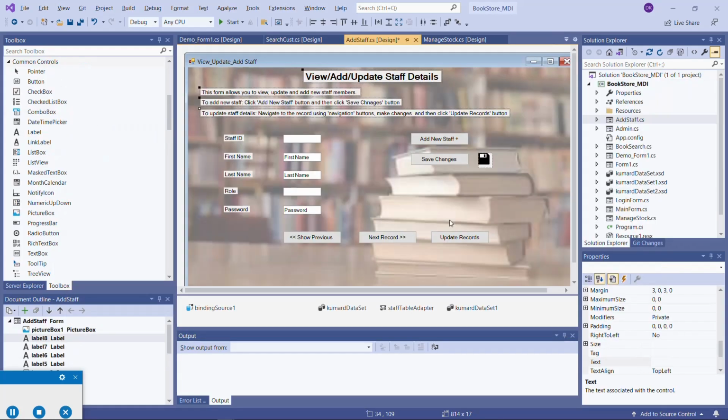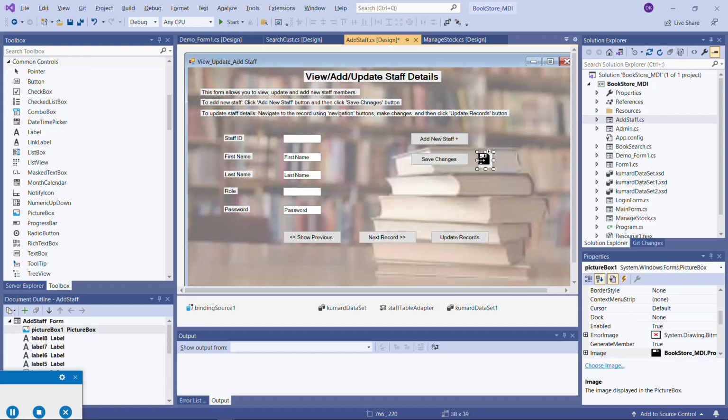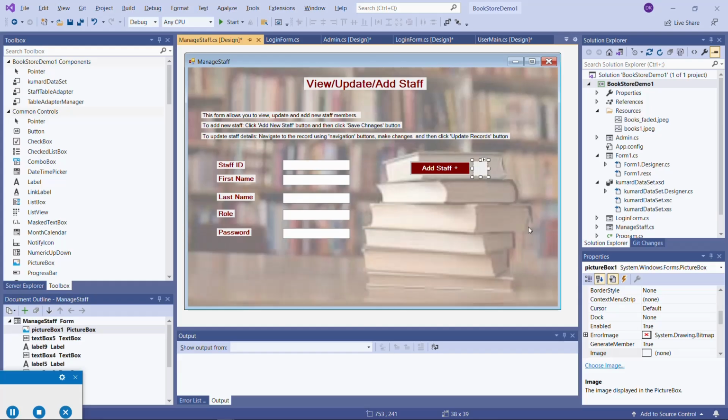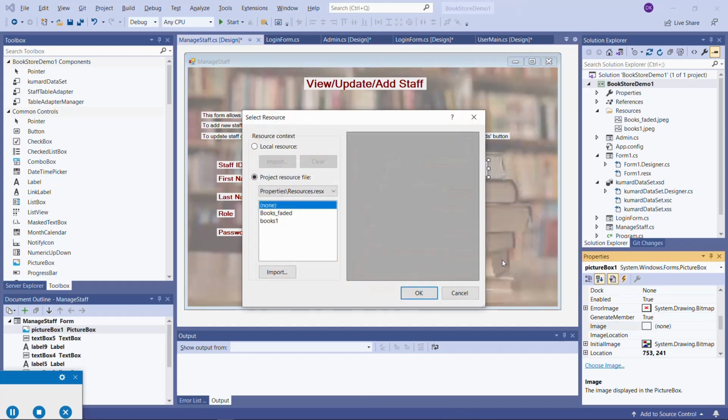So we would be using this image here. Obviously the image is not present in this, so I need to add this image by clicking on